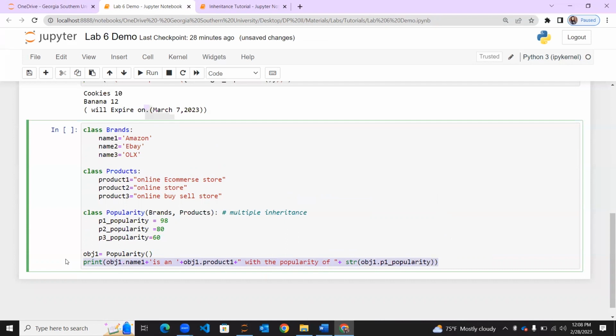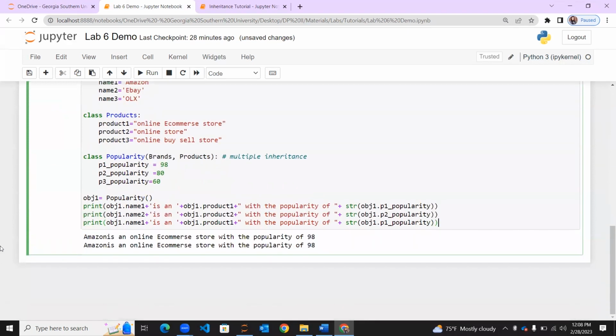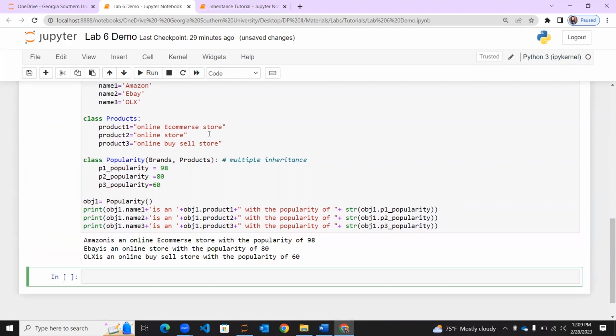Now copy and paste and do the same thing for other products and just associate the attributes accordingly. So this time name 2, product 2, and P2 popularity. And then name 3, product 3, P3 popularity. So you can see